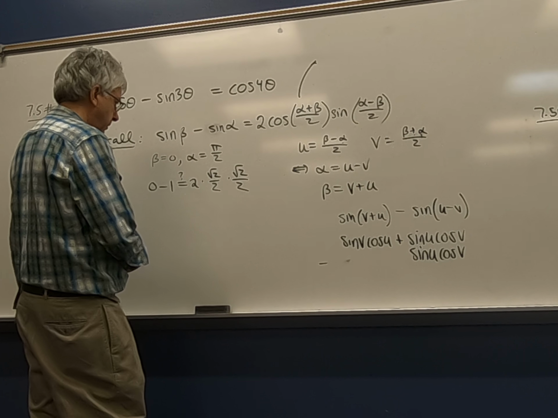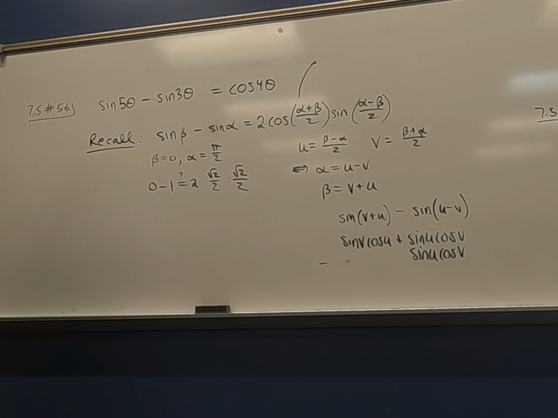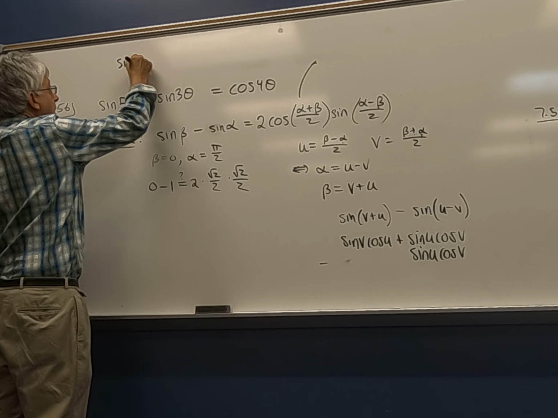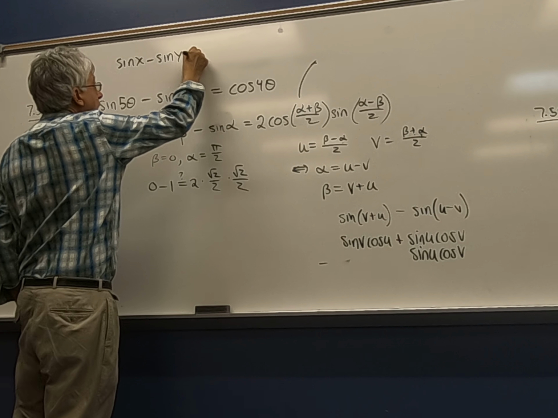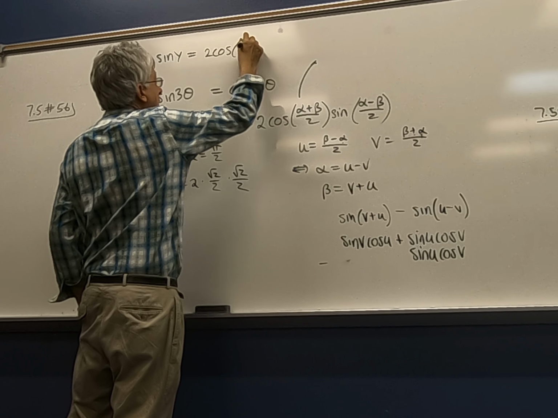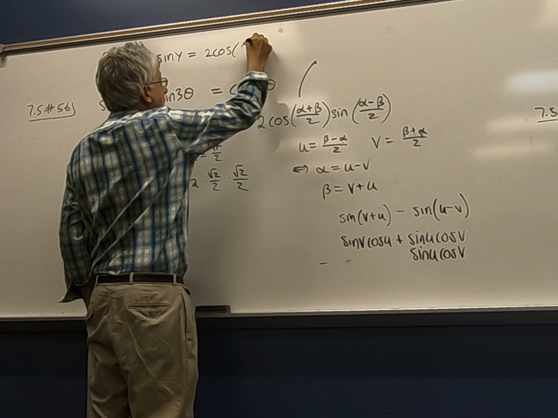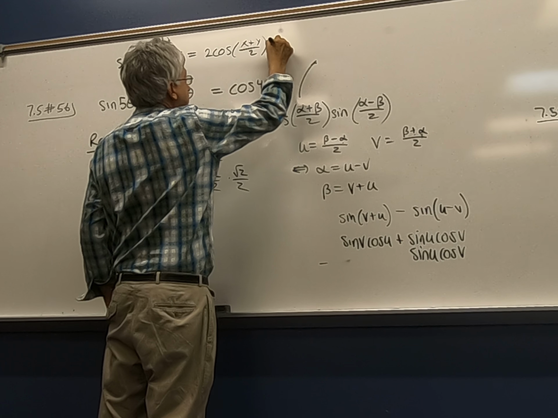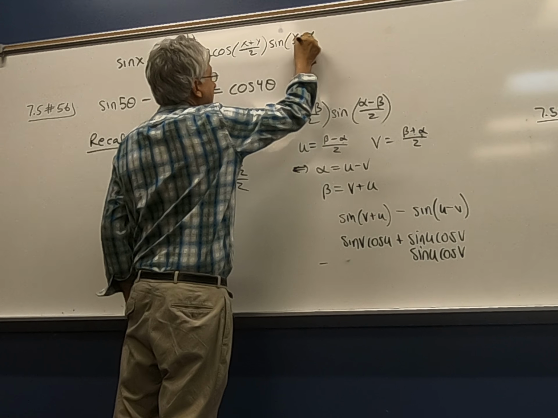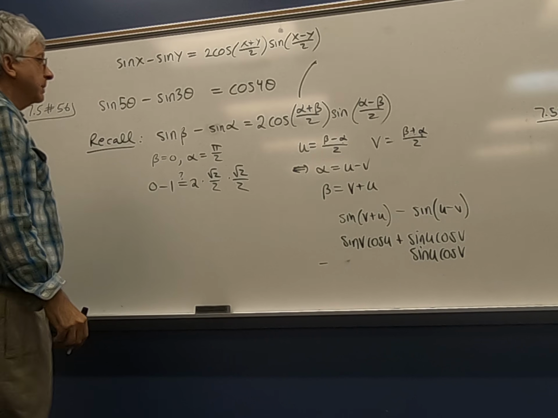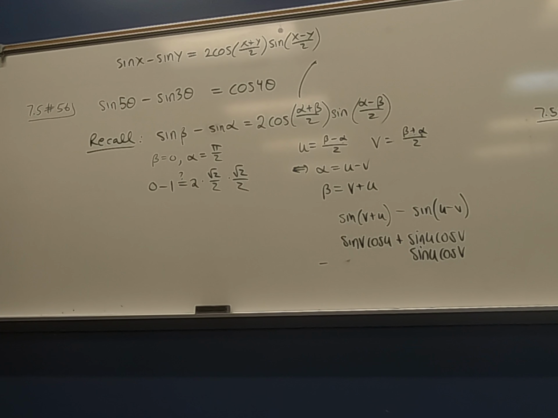Well, in the book, I'm just going to read the way it has it, which is sine x minus sine y equals 2 cosine of x plus y over 2 times sine of x minus y over 2. Yeah, so that's pretty close to what I got. What I should do is start from basics, instead of guessing and checking, I should start